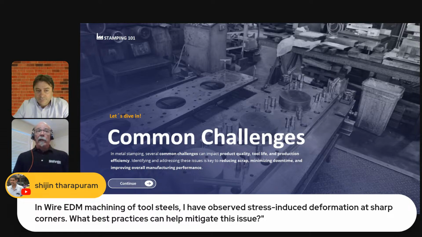Now, the question here is that we notice it at the sharp corner. Yes, you notice it at the sharp corner because a sharp corner is a stress raiser. So if there's any kind of stresses, the sharp corner is going to fail first. The analogy I use for that is, if you've ever had, here in the U.S., we have a